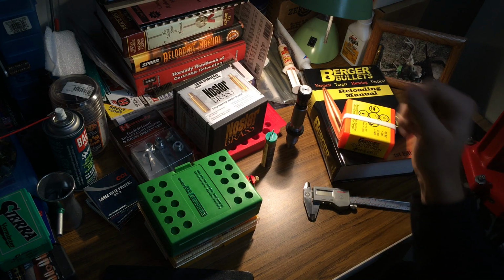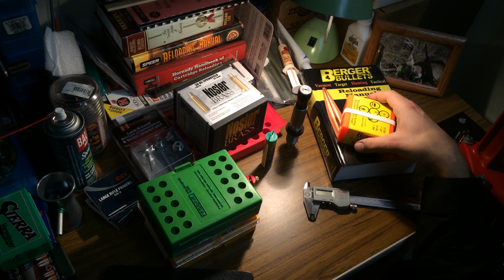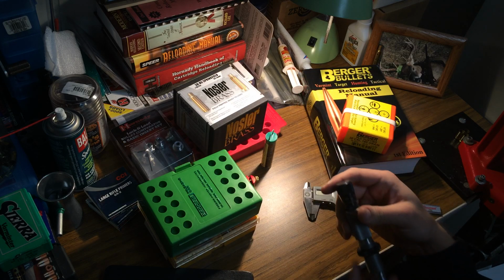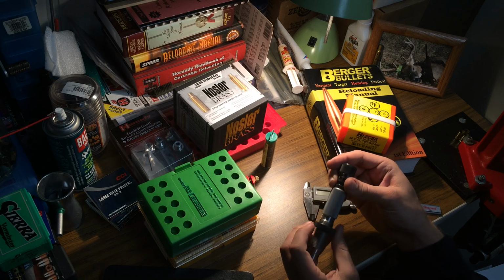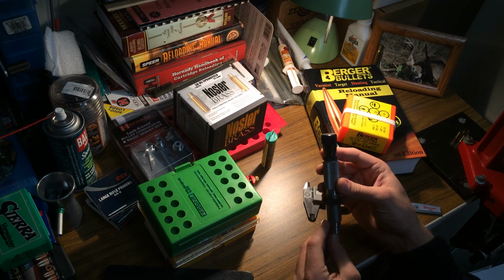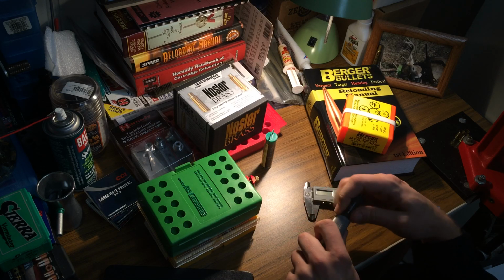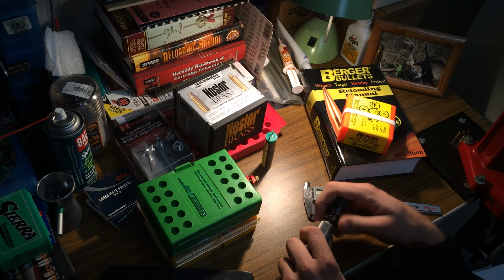So I thought I'd start out with a little bit of the equipment, because there are some specialized components that you need to think about and consider before reloading the VLD bullet. The first and probably most important topic is your reloading dies. This is a Redding Competition die, and the reason I wanted to talk about this is the VLD bullet,